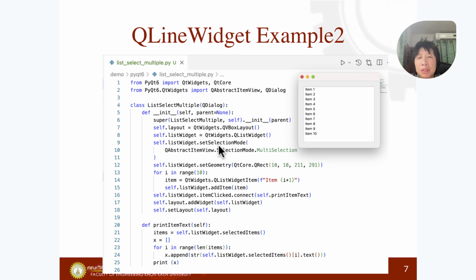So this is the example of the code. From this code here in the init function, you can see that first we're gonna call the init method of the parent of ListSelectedMultiple, which here is QDialog. And then here we gonna set the layout as QVBoxLayout, so that's why we see the items in our vertical direction. And then we create the list widget object, and then we set selection mode as multi selection, and then we set geometry as